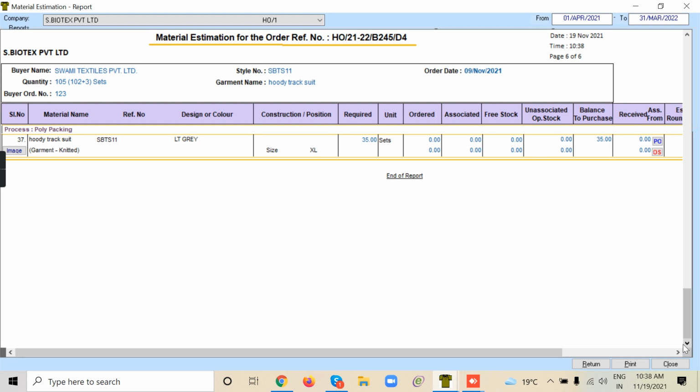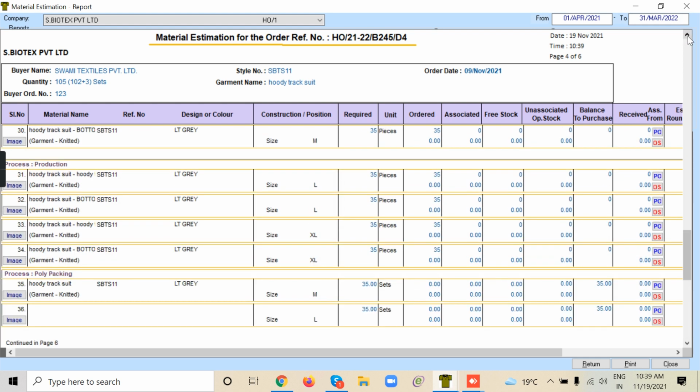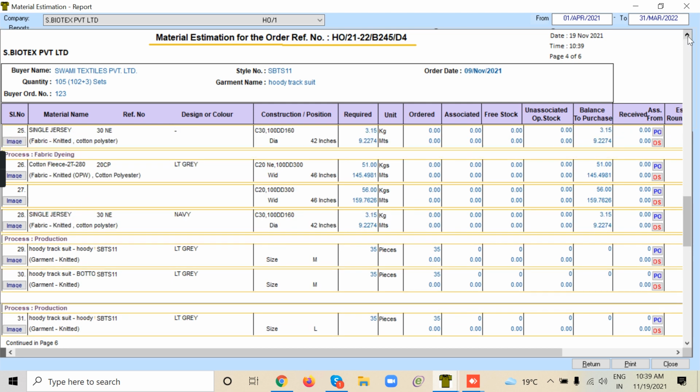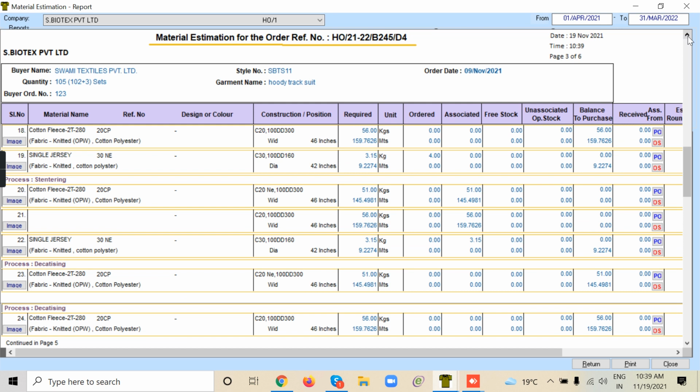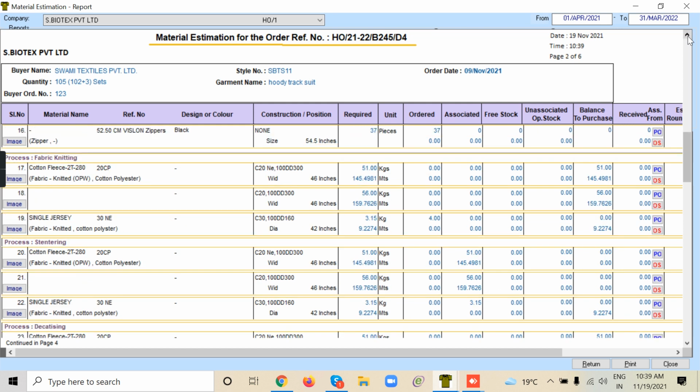Okay. After this, system will show what is to be knitted. Okay. So under purchase, yarn was purchased. And under knitting, that yarn will be converted into cotton polyester, cotton fleece.